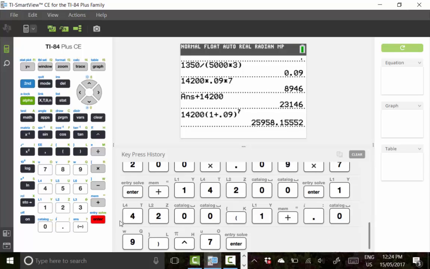Enter. That tells us our account's worth